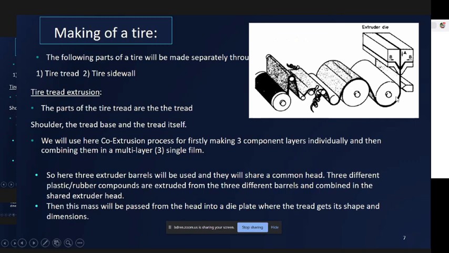Then we will make three components at three different significant layers, and then just merge them all together to make a single film. So here three extruder barrels will be utilized, and they will share a common head. Three different plastic and rubber components are extruded from these three barrels and combined in a shared extrusion head. Now, the interesting part of this fabrication technique is that the tire tread, as discussed in the earlier section,